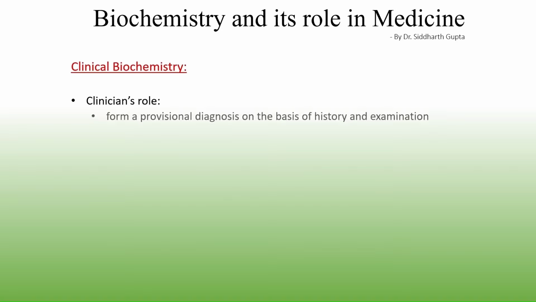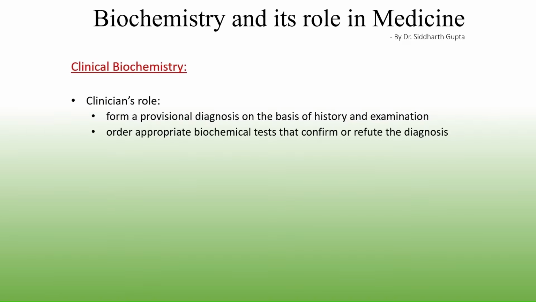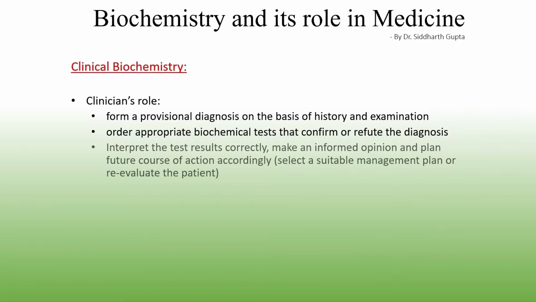The clinician's role is to first of all form a provisional diagnosis on the basis of history and examination. After that, the physician is supposed to order appropriate biochemical tests that either confirm or refute the diagnosis. Note that the word appropriate here is important. Then the clinician is supposed to interpret the test results correctly, make an informed opinion, and plan the future course